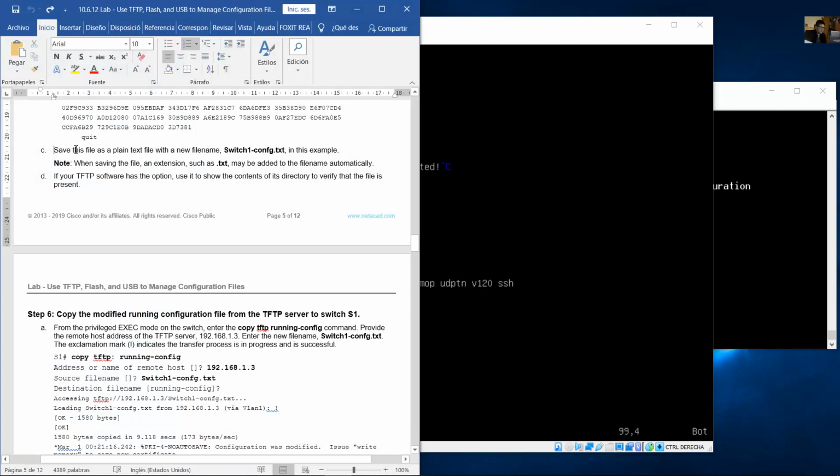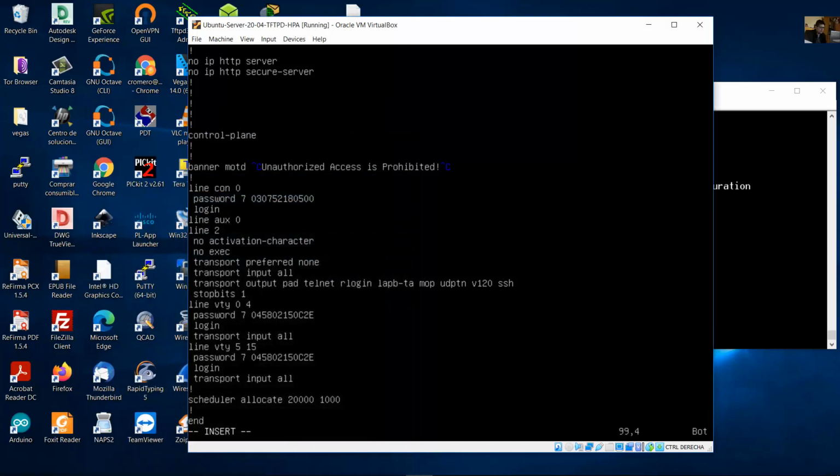Okay, and save this file with a new file name. You are in insert mode. Exit from insert mode and press the escape key. And to save with a different name, use colon, W to write, space, and on the directory, specify the directory /tftp/user, and